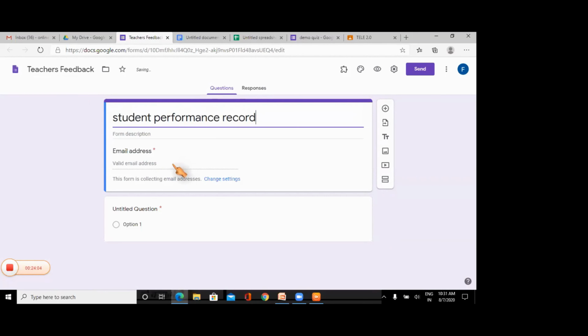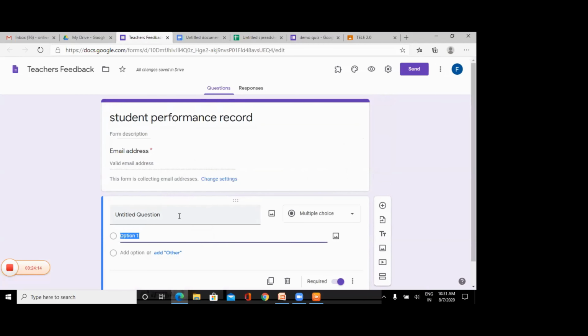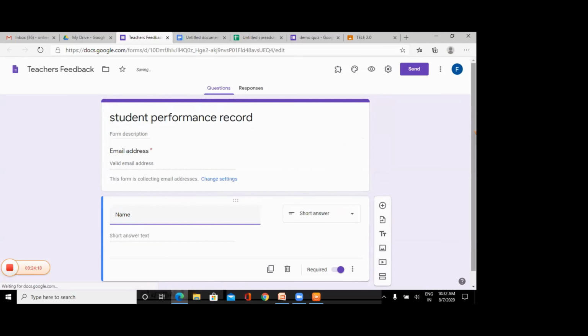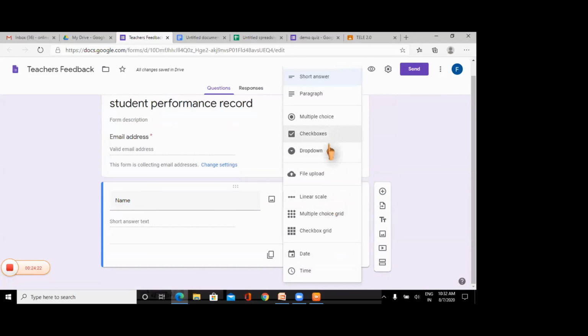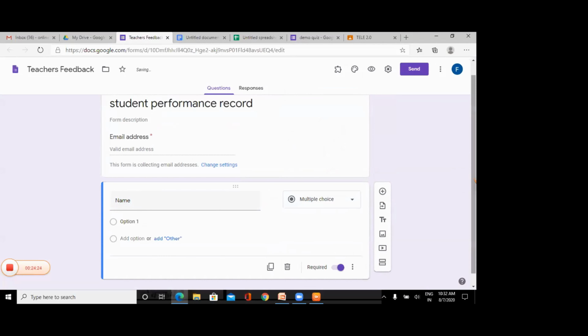All right. Okay. So here I just want to collect the email ID of the teacher, and here I'll give name. This will be the name of the student. I'll keep it multiple choice for a purpose.